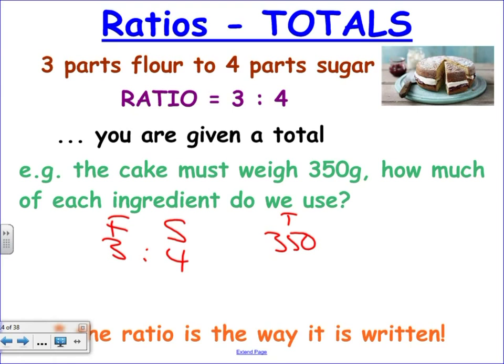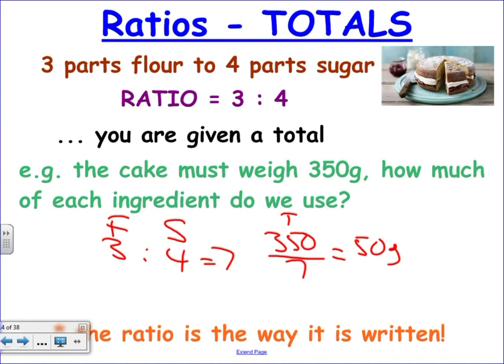Yes? So you divide them by 7. Good. So if I've got 3 parts of flour and 4 parts of sugar, I've got 7 parts in total. I need to find out what 1 part is worth. So I take, as Andrew says, my 350 grams and I divide it by 7, and it tells me that each part is worth